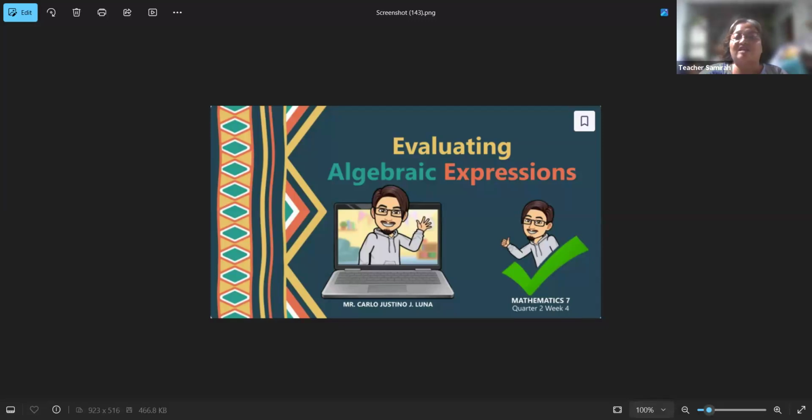So this is evaluating algebraic expressions. If you look at it, there is this prayer regarding mathematics. It is what you call the mathematician's prayer. It says, Heavenly Father, thank you for all the blessings you gave unto us. Add joy to the world. Add is addition. Subtract evil from our lives. Subtract is subtraction. Multiply the good things for us. Divide the gifts and share them to others. So the four basic operations are present.